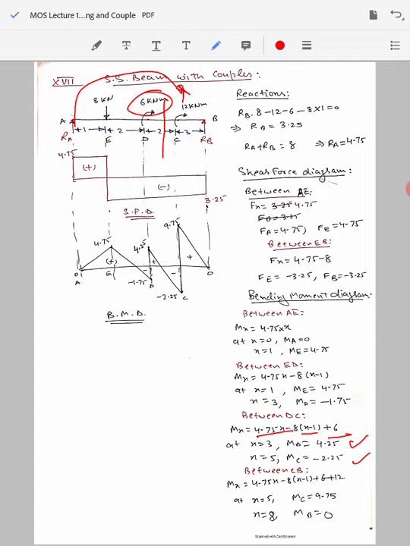For the span CB, when you write the equation and you cut the beam between C and B and consider the left hand side portion of the beam, you have RA into X minus 8 into X minus 1, then you have the 6 kilonewton meter couple with a positive sign, acting in a clockwise fashion, and then the 12 kilonewton meter couple, which is also acting in a clockwise fashion, that means positive direction. From this you can calculate the value of bending moment at point C and at B, which is 0.